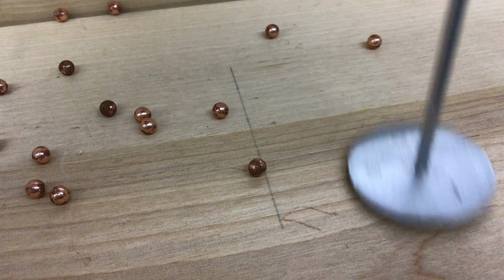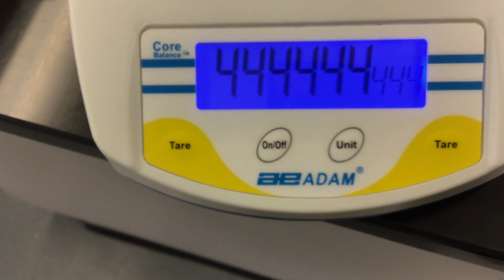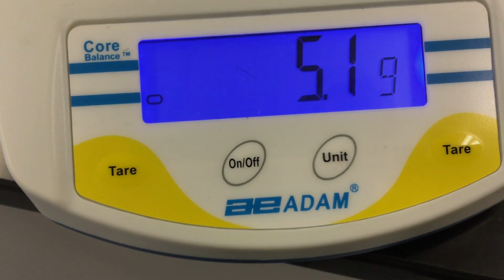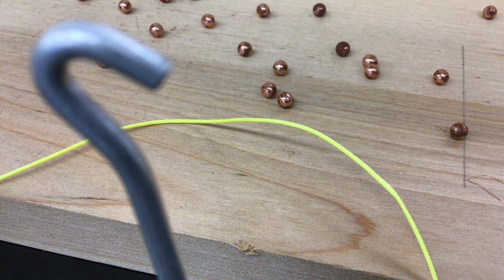And I think we already massed it. Oh, well, that's okay. I'll mass it one more time, just for the sake of doing it. It's a little tiny bit more than 5 grams. Okay, 5.1 grams. So that means the frictional force for copper BBs is less than or equal to